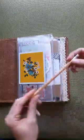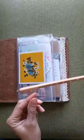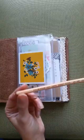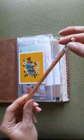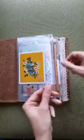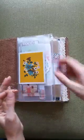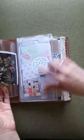I love. This pencil, gotta tell you, look at that. Can you see it? It's a mechanical pencil that I picked up at Kinokuniya, and I love it because it's mechanical, but it looks like an old school pencil. So that's really it. And then I just stick in, I have in here, I have different stickers, a couple